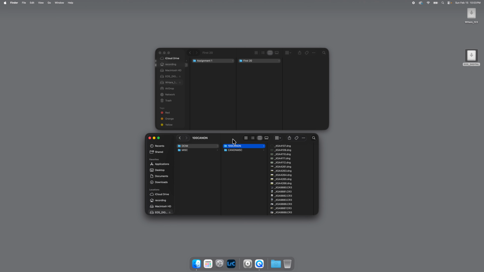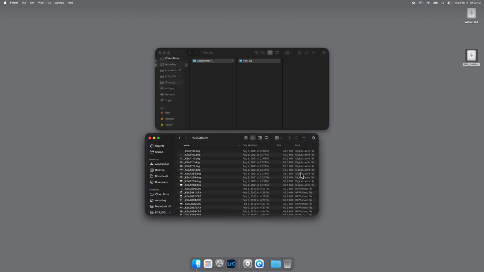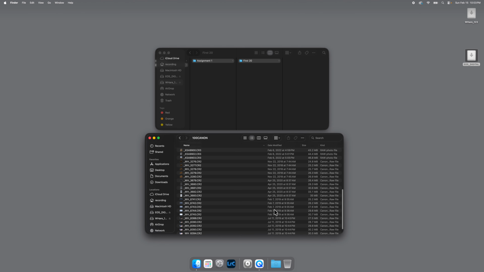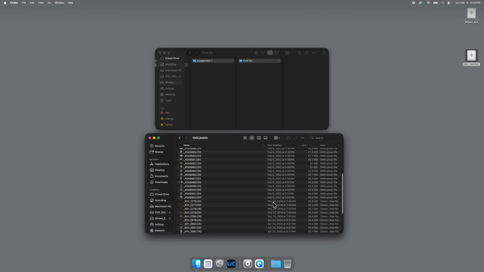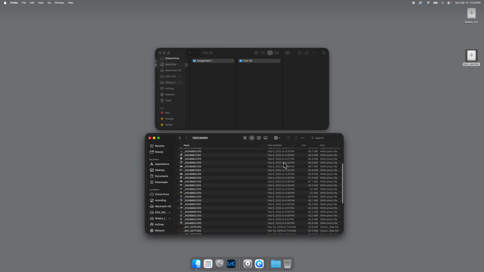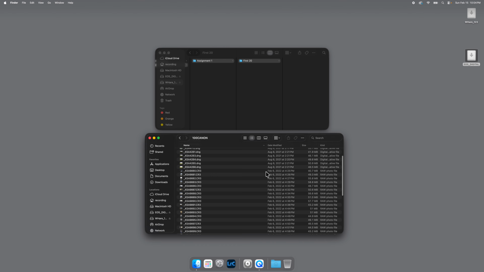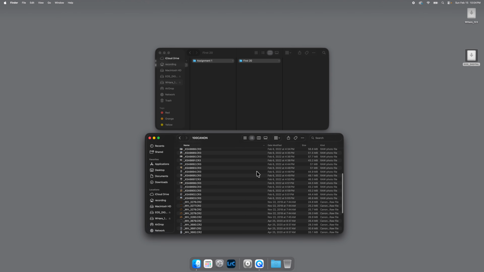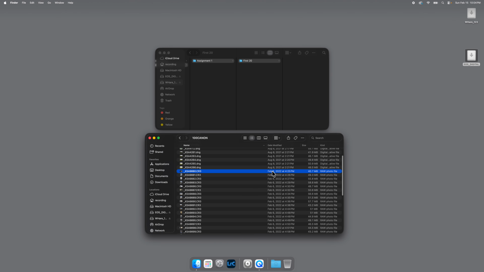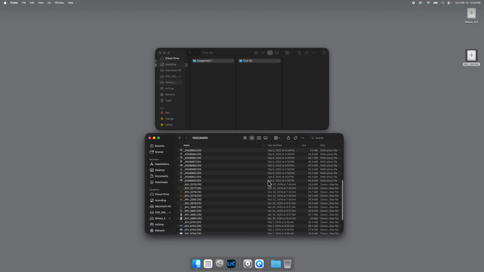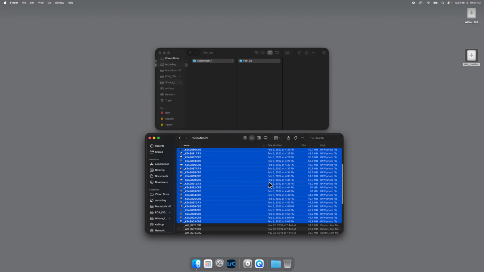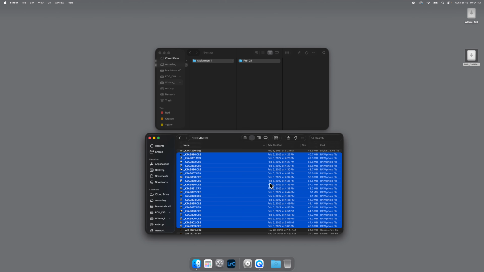What we're looking for is what's in this 100 Canon folder. When I look in that folder, I'm going to look at list view because I'm going to look for my 20 photos, which should all be from February 6th, 2022. These are my demo images that I use. So I select the first one in that list, and then I go down to the last one, hold down the Shift key, and select that last one, and it'll choose everything in between. So you can see I have my images selected here,